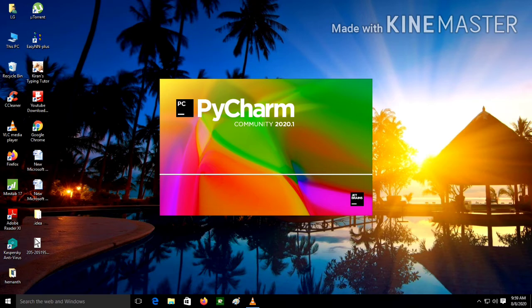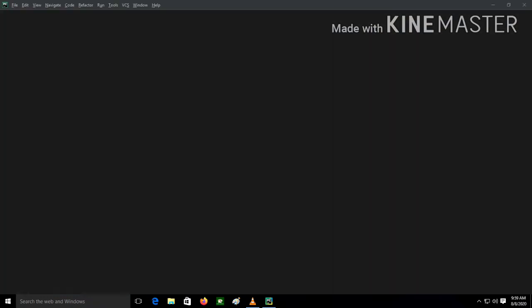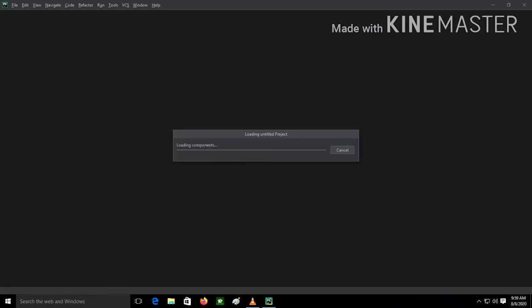So we have to wait to open this. And we just open PyCharm. So now it's loading our components where we can code in Python. So after it's loaded,